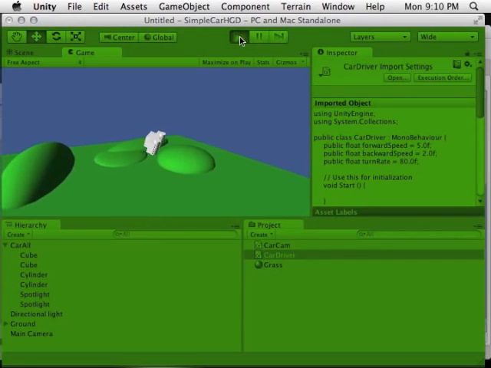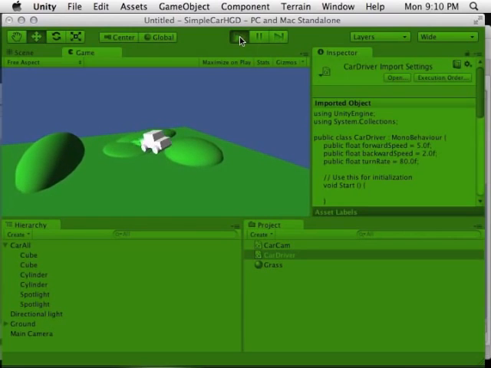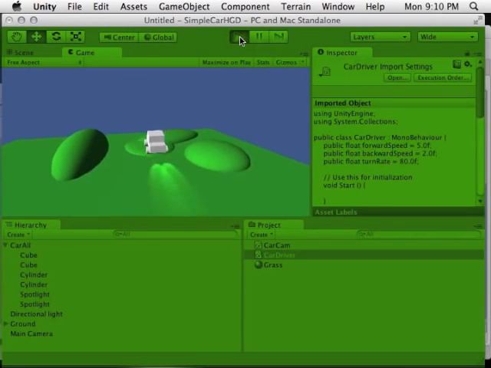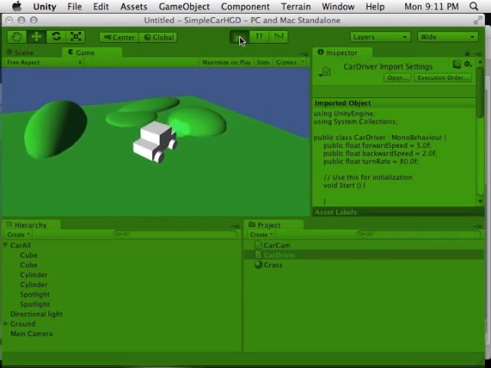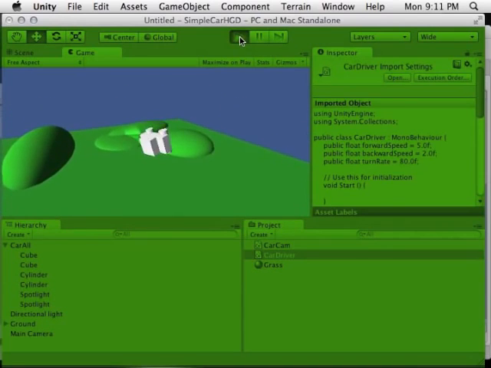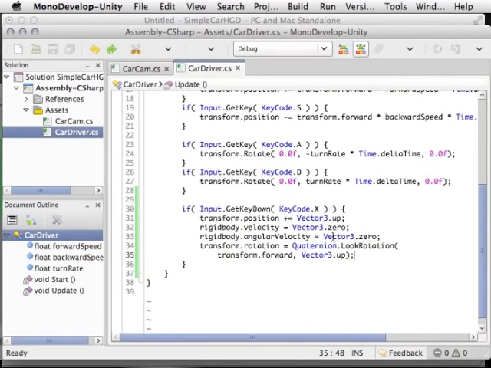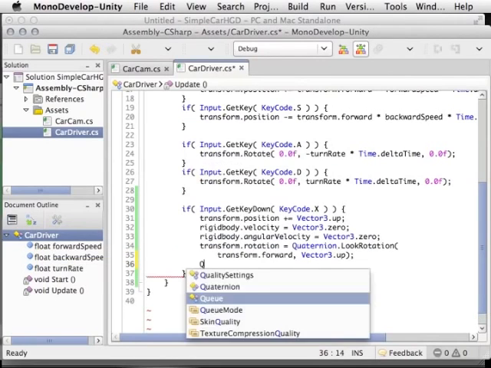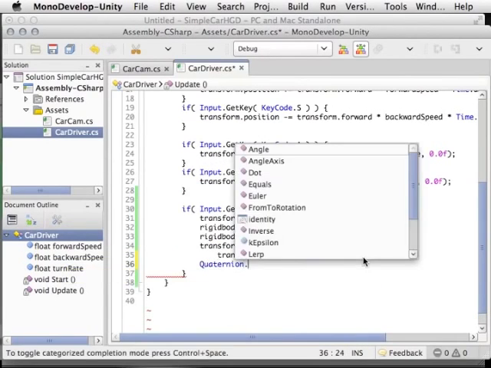Now quaternions are kind of a complicated subject. They're important since otherwise there are problems that emerge from using yaw, pitch, and roll, something called gimbal lock if you want to search for it. The thing about quaternions though is even though they're very complicated from a math perspective, as programmers in Unity we don't actually have to understand them so much as we have to know what it is that we can do with them. And so for that you can actually just look at the autocomplete for quaternion,